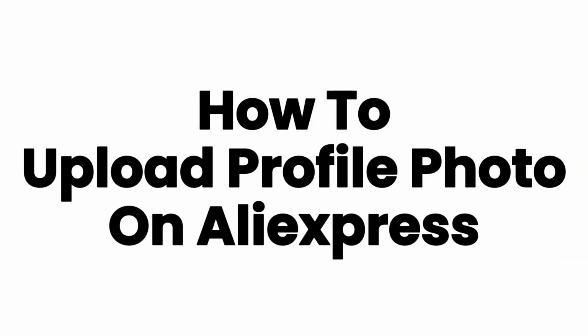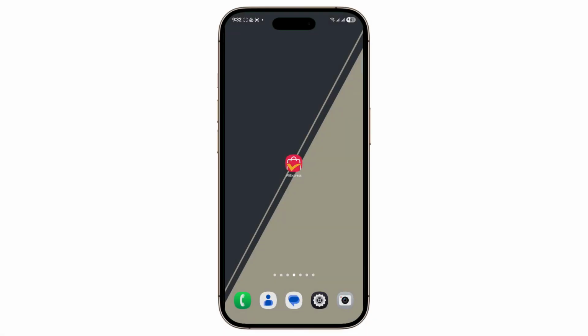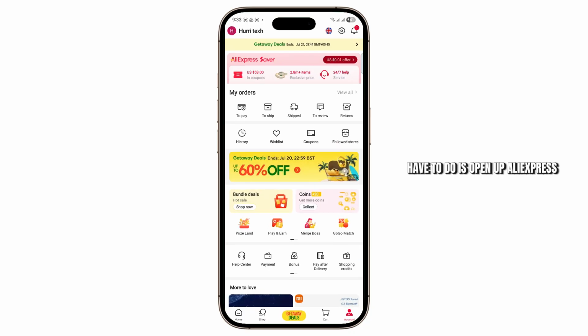How to add a profile picture on the AliExpress app. Hey guys, in this tutorial, I'm going to show you a quick and easy way to add a profile picture on the AliExpress app. The first thing you're going to have to do is open up AliExpress and make sure